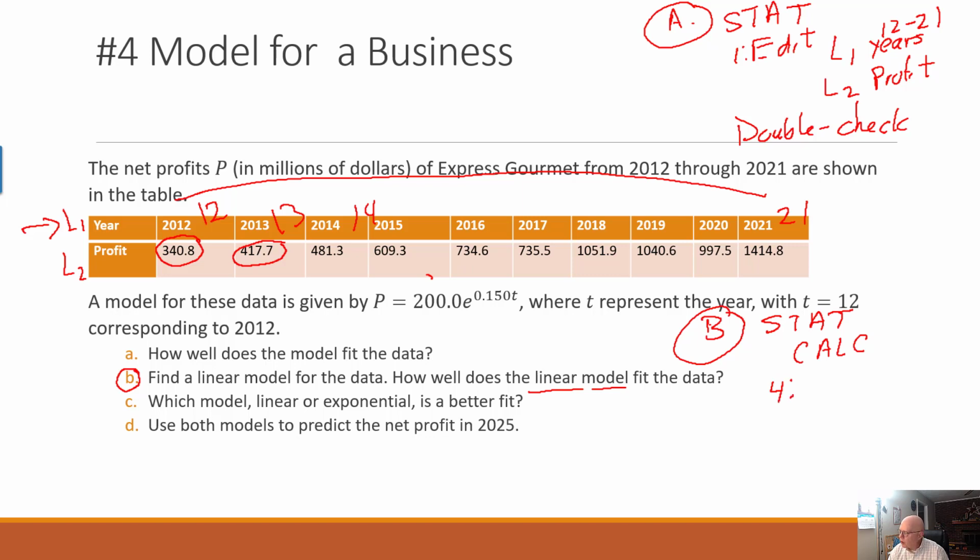Option number 4 is called LinReg. That stands for linear regression, but linear model is what we want. And this version of it, because there are two, but we'll stick with this one. This is the ax plus b version of this model. When you hit number 4,